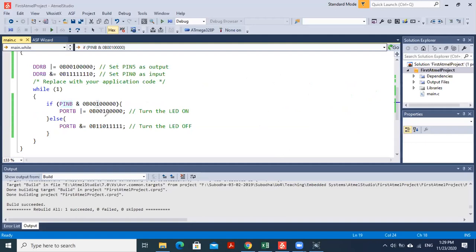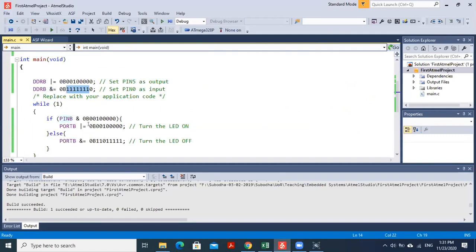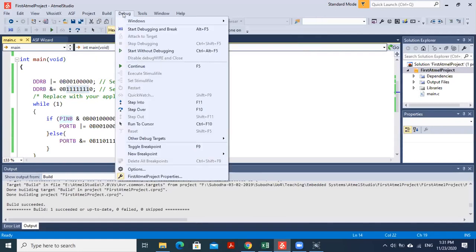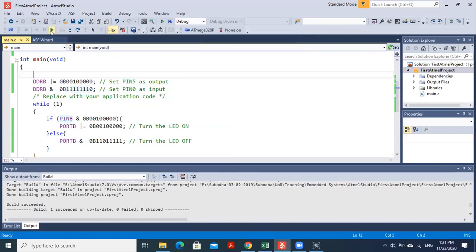So now I have my program ready. We'll see if it does what it is supposed to do. I'm going to use my simulator here. So how do I use the simulator? I'm going to start the simulator or debugger from here.